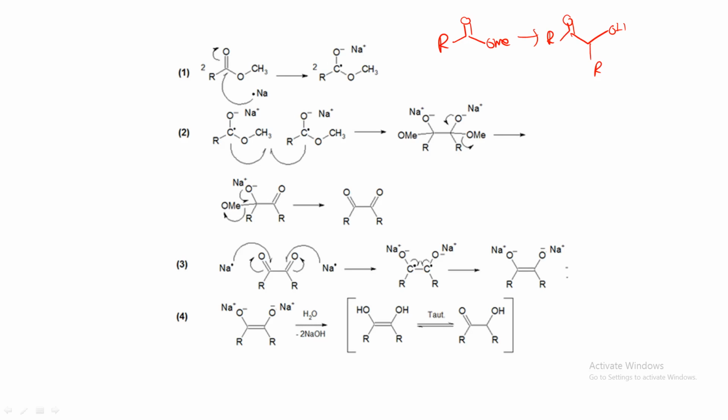At first the ester is there, and the reagent is sodium. You all know that sodium donates an electron, a single electron. So this particular species is formed now. Two species of this can recombine and make this particular CC bond. So when this CC bond is formed, O minus is there, and one O minus can remove one